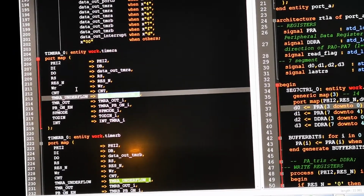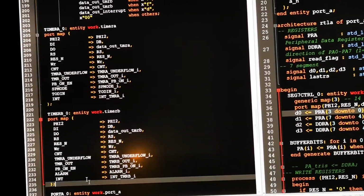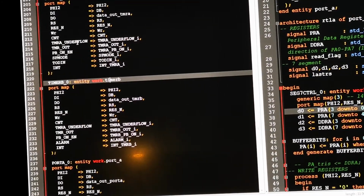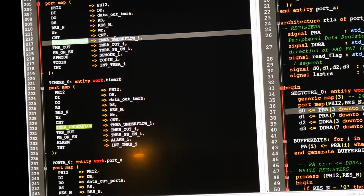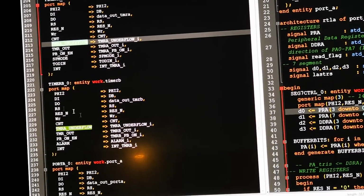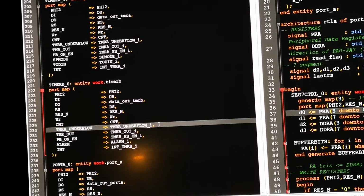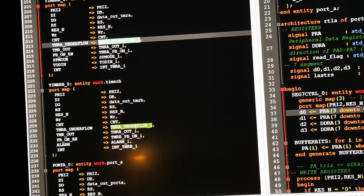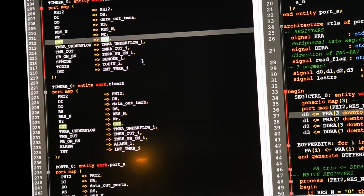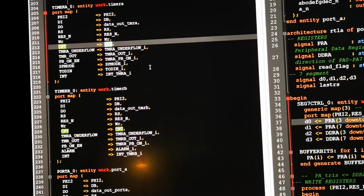This is useful if you go between one module to another, like this. For example, timer A's underflow will then go on the input of timer B, such that timer B can count underflows of timer A. Then this signal is driving that signal on that other port, but count was just undefined, or it was defined, but it was